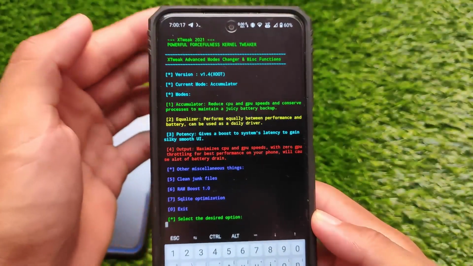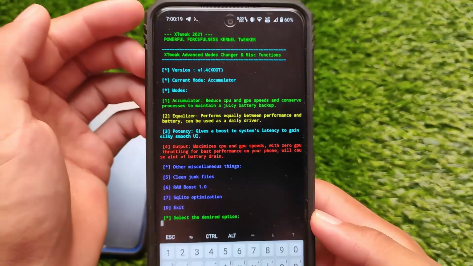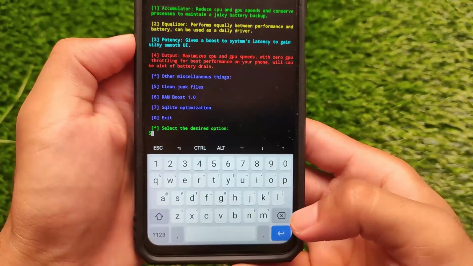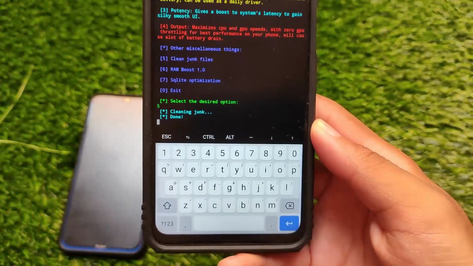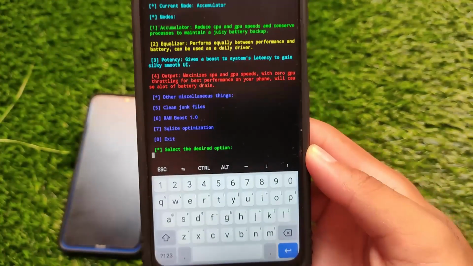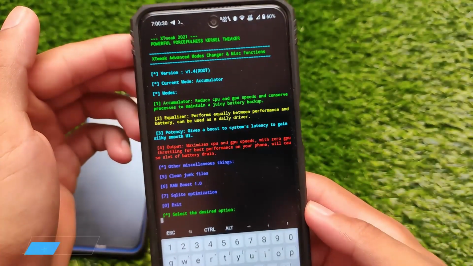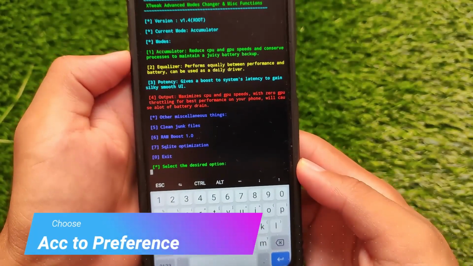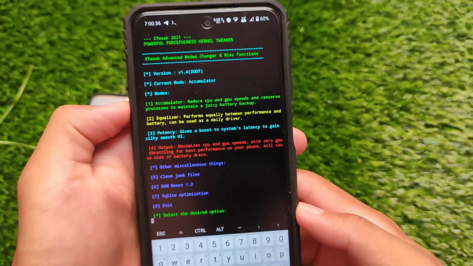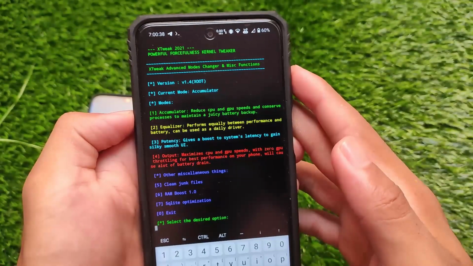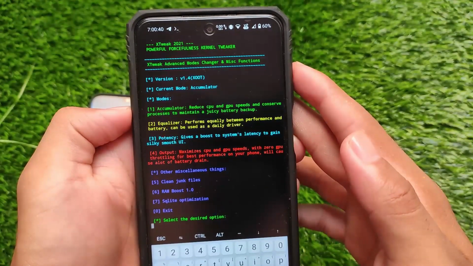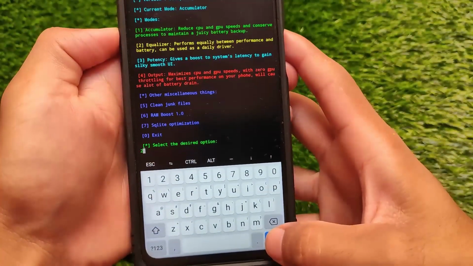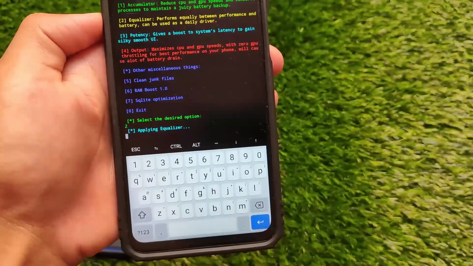For example, if I need to apply something here, if you don't know, it includes these 3-4 powerful interesting modes available for you. For example, if I want to clean the junk files, it will automatically clean. This is a very helpful thing for the users, as I don't have junk files. I've already cleaned them, so that's why there are no junk files available. But if you want to simply boost your RAM, a specific module is already available for that, auto performance related. If I'm not wrong, that was Flush RAM. That was a very helpful module, so you can go and check it out, that one too.